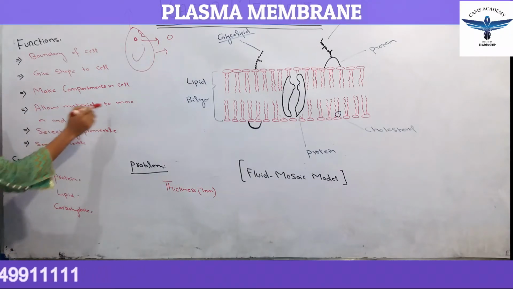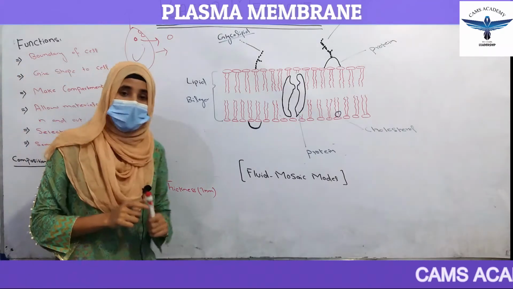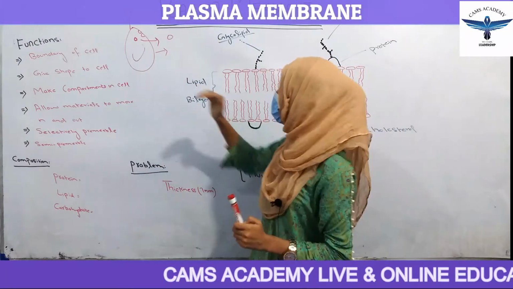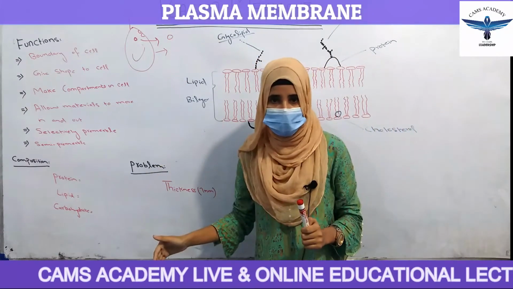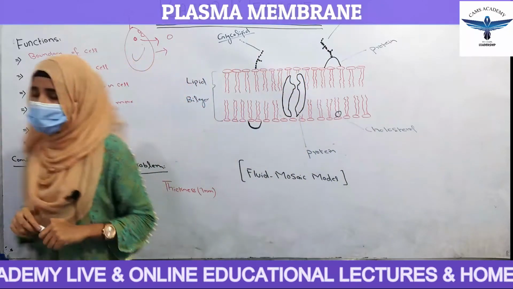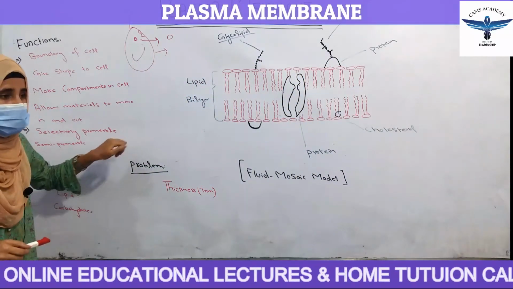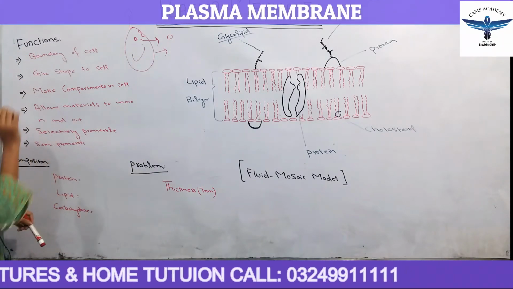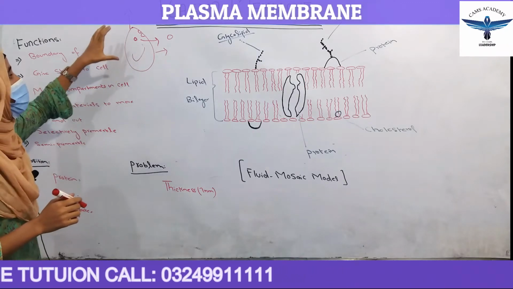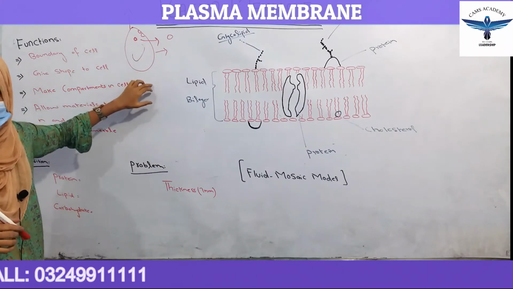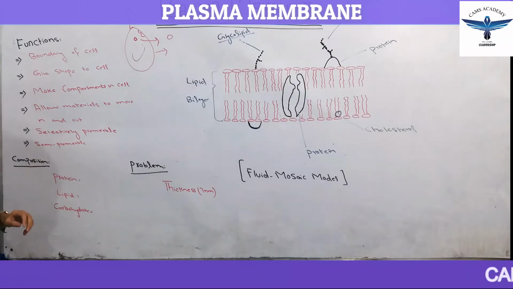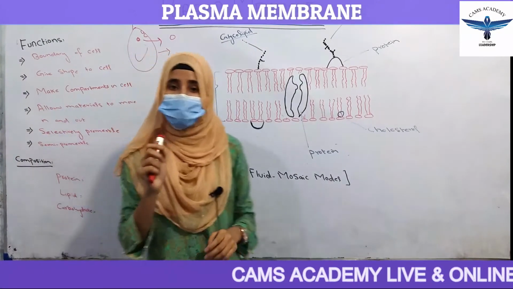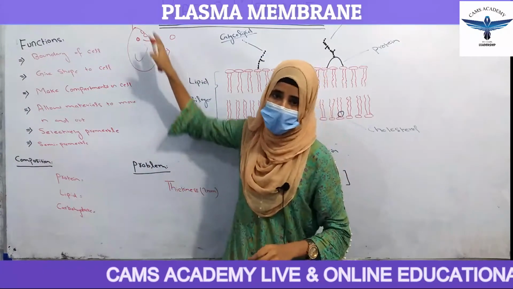Next, they allow material to move in or out. So the cell membrane also works as a transport. It can move material inside and outside of a cell. Which material? They are selectively permeable. What does that mean? They do not allow all the material to move inside the cell. They allow specific material that is good, that is recognized by the cell, to move inside. Not all the material moves inside the cell. That's why we call it selectively permeable, because it can select specific substances to move in or out.